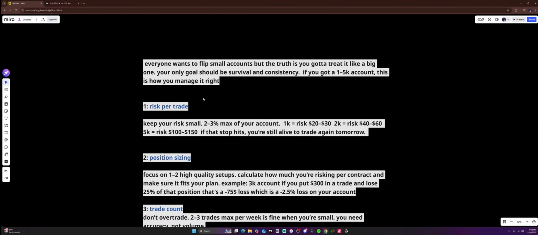Number 1, risk per trade. Keep your risk small. 2 to 3% max of your account you should be losing on the day. What does that mean? If you have a $1,000 account, that means you're risking $20 to $30 on the day. That is amazing. If you go into a trade and you only lose $30 on a 1K account, that means